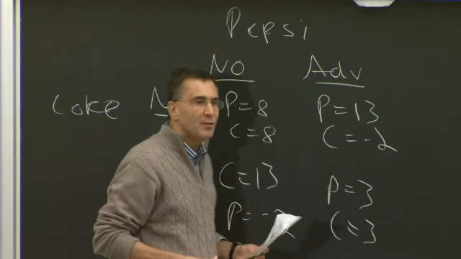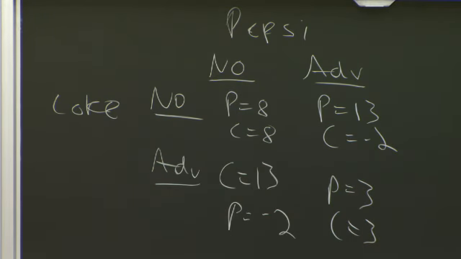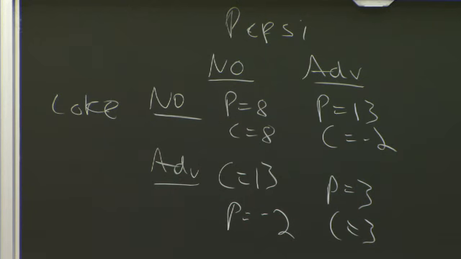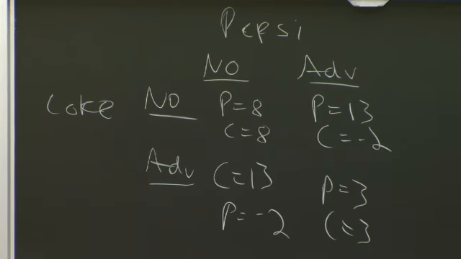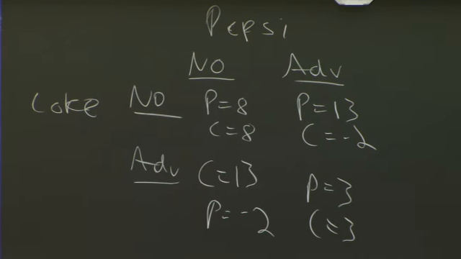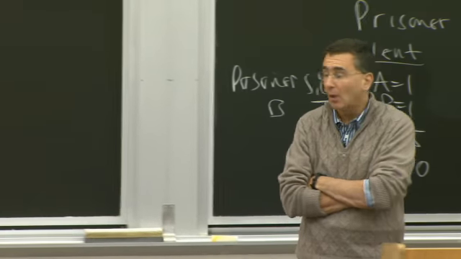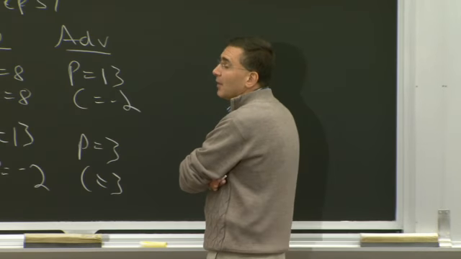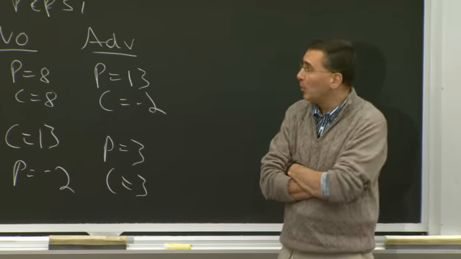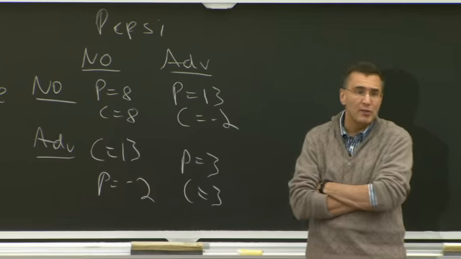Once again, I just made up these numbers here so it would work, but these aren't real-world examples. Okay? So once again, we can see there's a dominant cooperative strategy, which is that they both should agree, let's not advertise. But if they can't cooperate, then what's the Nash equilibrium? Let's work it through. There are no shortcuts here, we just have to work this through.